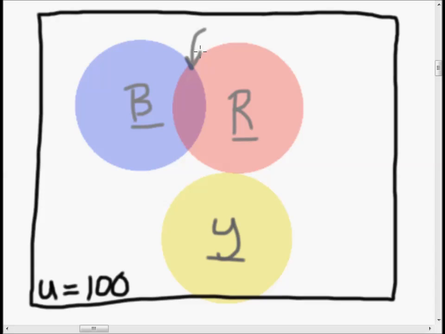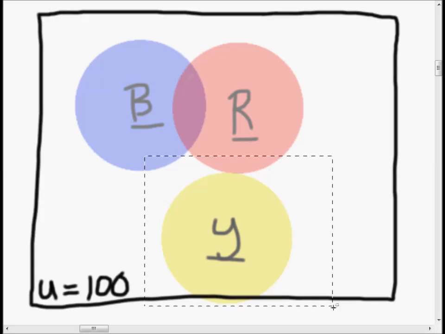So all of a sudden, if you counted all the fruits that are blue and all the fruits that are red, and you subtracted them from the universe, these fruits in here would all be counted twice, because there's this overlap. So that's what this section is all about, figuring out this overlap and making sure you only count everything once. And so, this doesn't seem too crazy, I think. It's just a little bit to get your brain around, but what if, even further than this,